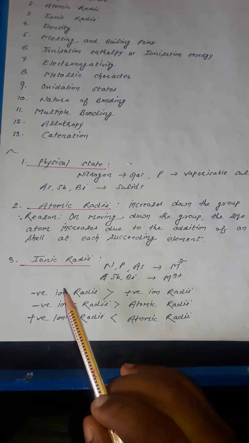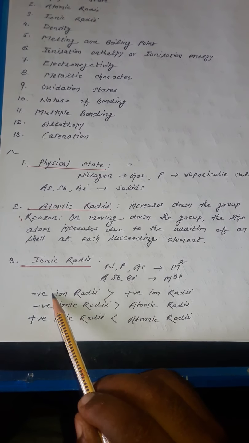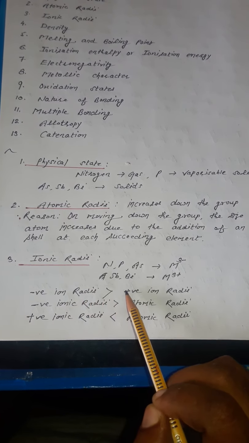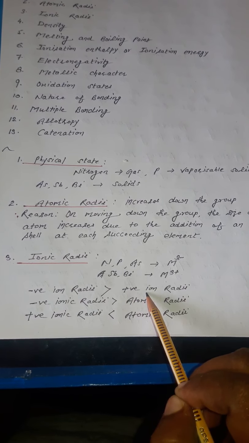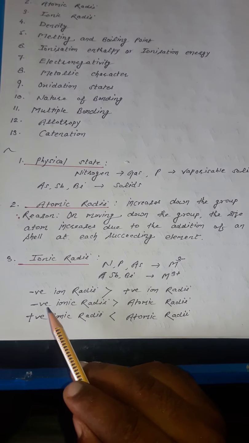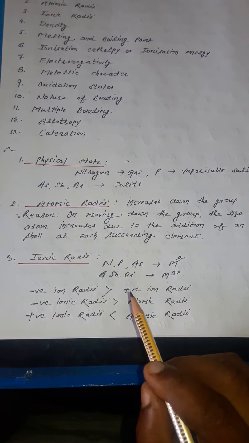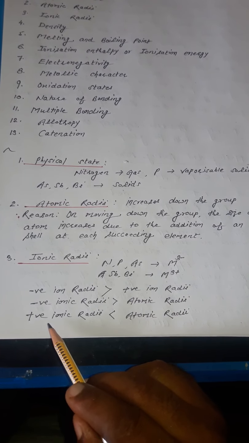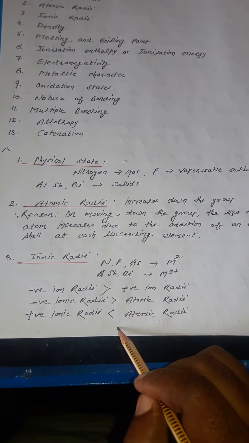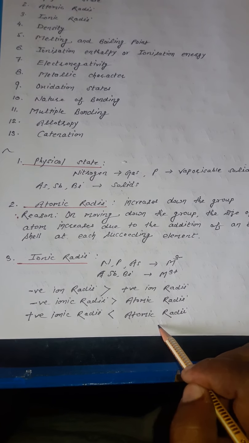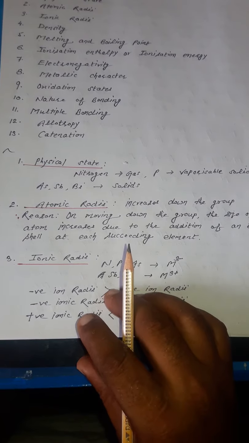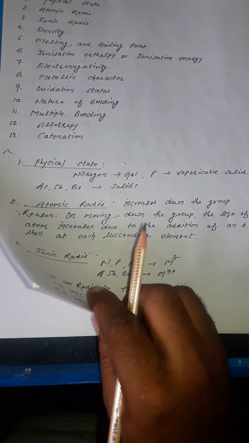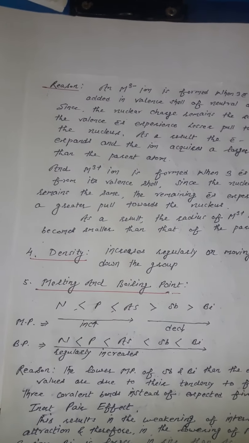So in ionic radii we have three relations. One is from the same atom: if the negative ion is formed, its radii is always greater than its cationic radii, and negative ion's radii is greater than atomic radii of the parent atom, and positive ionic radii is less than its parent atomic radii. So let me see what are the reasons behind these. So first is,